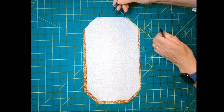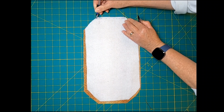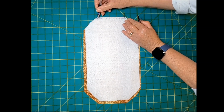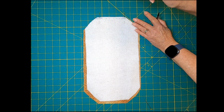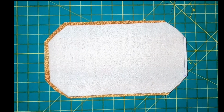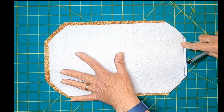I'm going to sew from this side to this side. My stitch length is pretty small. I don't have to back stitch here if my stitch length is anywhere under 2 millimeters. But when I get to this edge, because it's got stay stitching, that's the edge I'm going to use to flip the back to the outside when I pull it through. I am going to back stitch here. So you see I've sewn this row of stitching, and the piece of back is way bigger than the fleece,